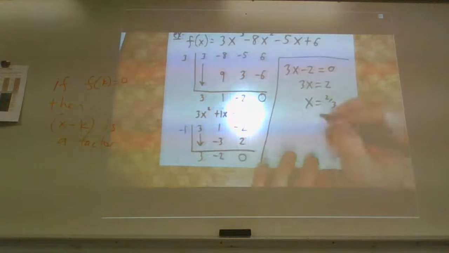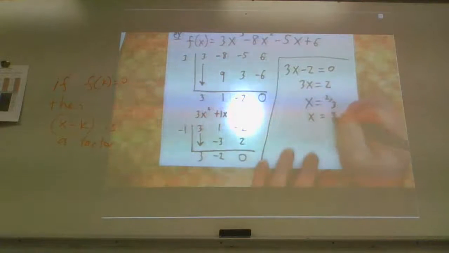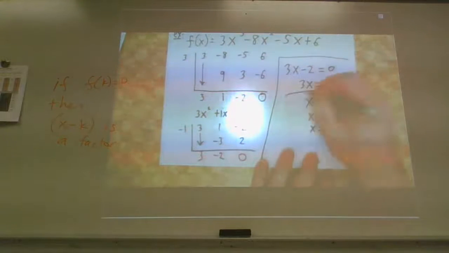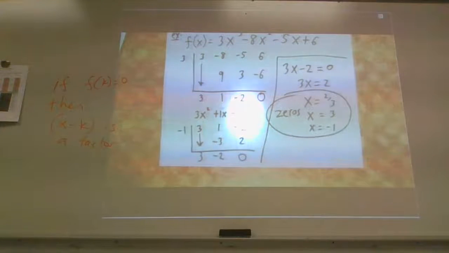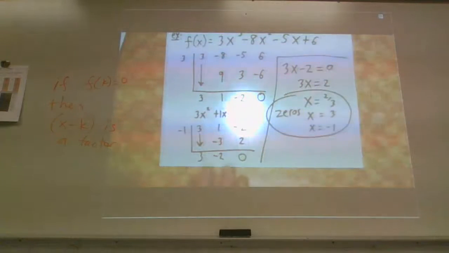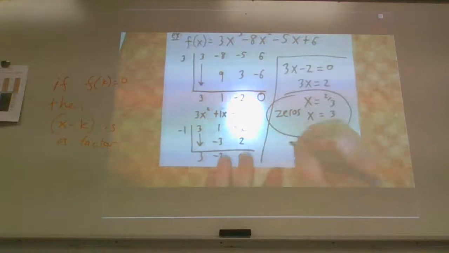So, X equals 3, X equals -1. These are my zeros. They are the zeros of the function, and I have proven all of them. I proved the 3 and the -1 by synthetic division. We got the 0 at the end. I proved the 2/3 by solving what was left over, the 3x minus 2. I also have